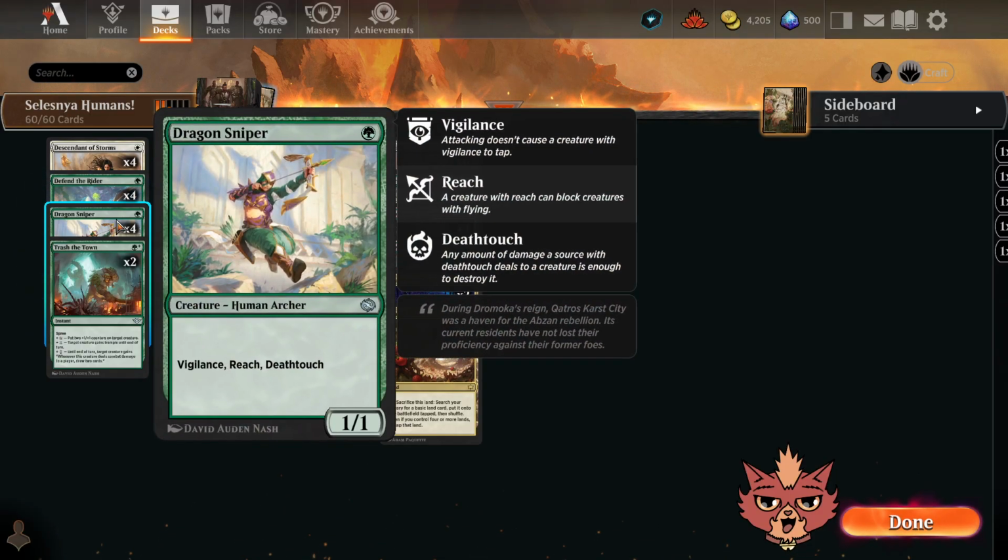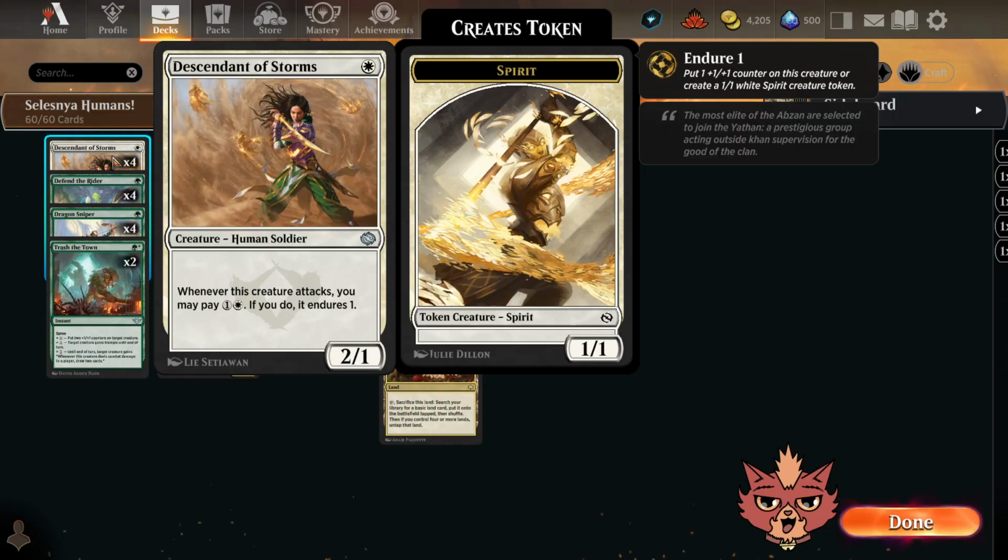We got 4 Dragon Snipers as well. 1 green mana 1/1. Vigilance, Reach, Deathtouch. Okay. How about Descendant of Storms? It's a 1 mana 2/1. Whenever this creature attacks, you may pay 1 and a white. If you do, it endures 1. Okay, that's a lot of new humans to try out in a human build,